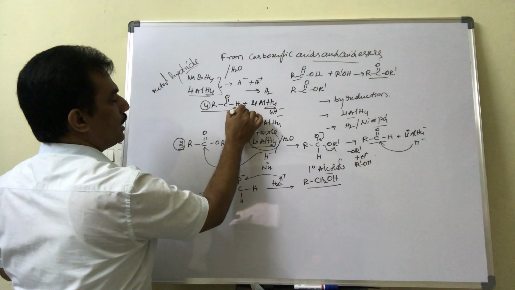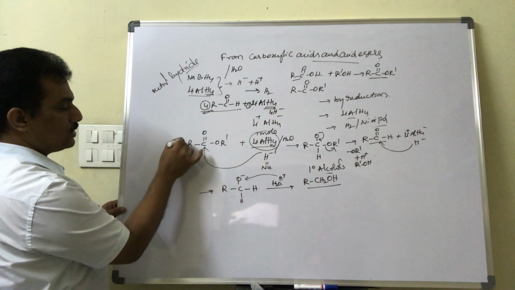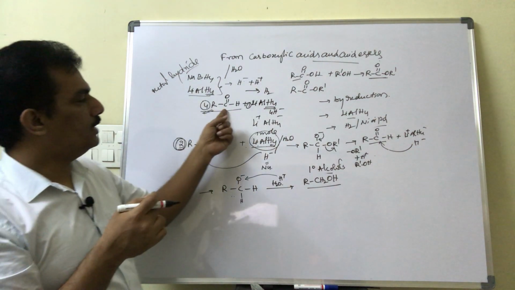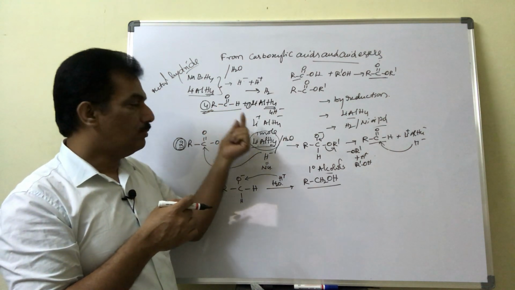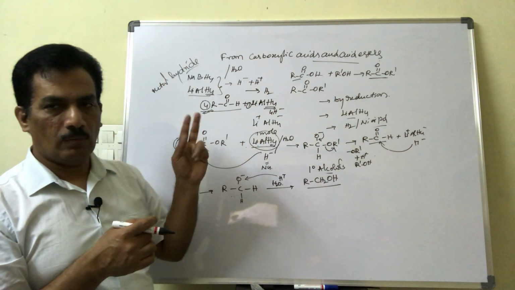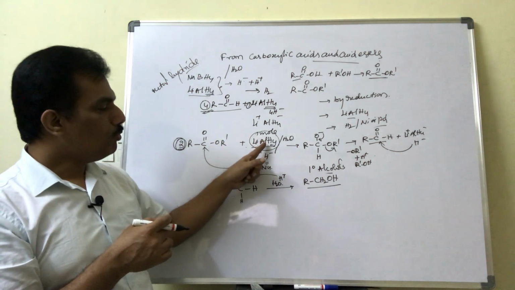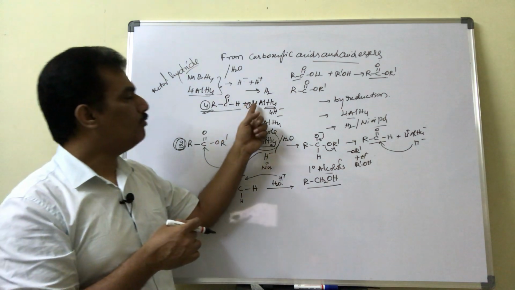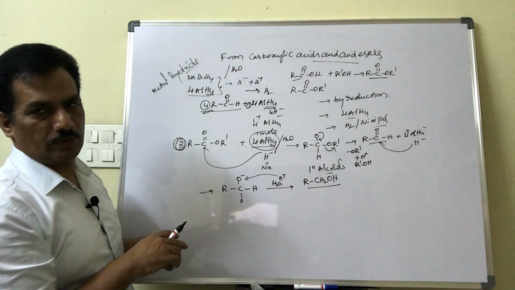In case of carbonyl compounds, 4 moles are reduced by 1 mole. In case of esters, 2 moles are reduced by 1 mole. The reason is, in case of aldehydes and ketones, only one hydride is sufficient to get reduced, but here it involves 2 steps. So each ester molecule requires 2 moles of hydrides, thereby 1 mole of lithium aluminum hydride can reduce 2 moles of ester, and the same 1 mole of lithium aluminum hydride can reduce 4 moles of carbonyl compounds.